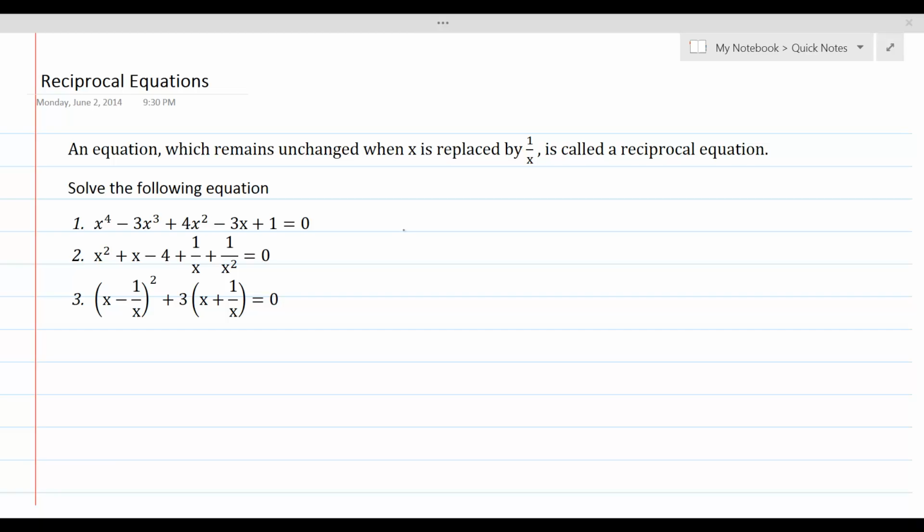Reciprocal equations. An equation which remains unchanged when the given variable x is replaced by its corresponding reciprocal, and the equation doesn't change, then such equation is called a reciprocal equation. We'll illustrate the procedure for solving reciprocal equation with help of examples. Given example or given equation